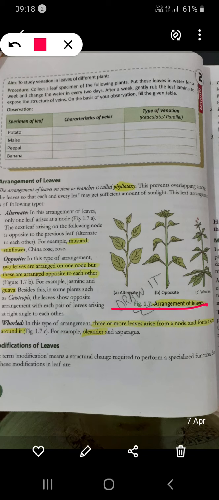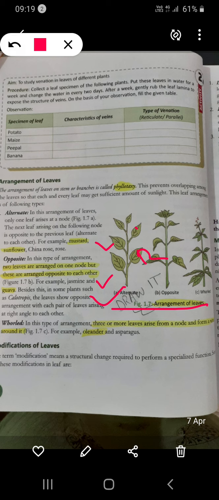Now see this one, this is a leaf on the left side, but there is no leaf just opposite to it, so it is not an opposite arrangement, it is an alternate arrangement, because at the next node there is another leaf on the right side, and at the next node the leaf is on the left side again. So one is on the left side, the other one is on the right side, like this. See here, there is a pattern of left, right. So this pattern is known as alternate arrangement.